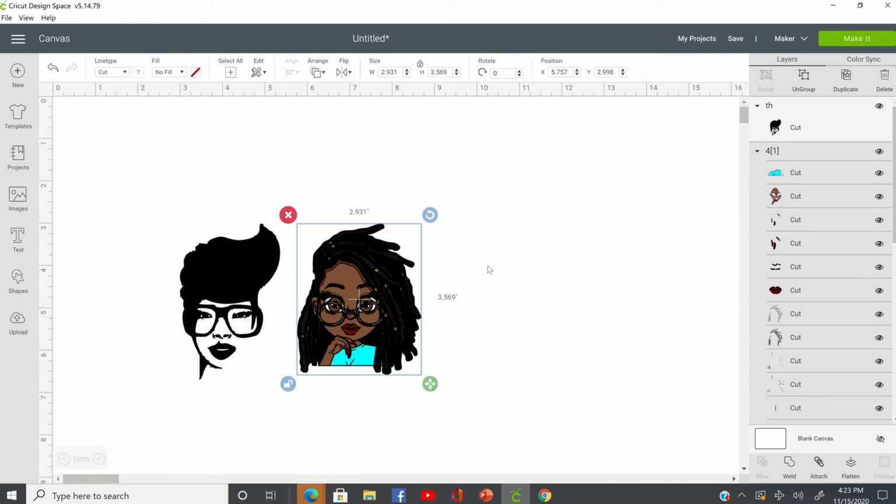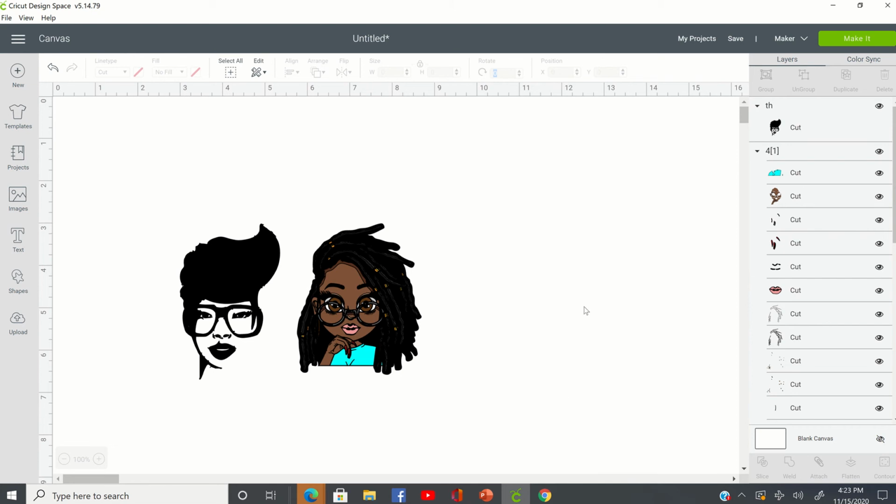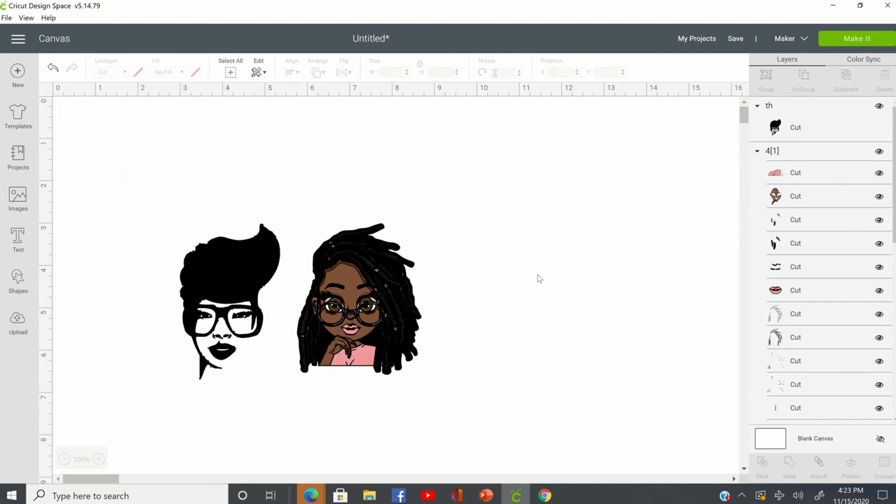All right, so if I wanted to go in and let's say I wanted to change the color of her lips, the lips are easy for me to identify. They're right here. So all I have to do is select the lips and then change the color to whatever color I wanted to make them. Okay, and let's say I wanted to make her shirt match. This is her shirt, and all I have to do is just go ahead and select the shirt and add that color. And the same thing, anything on this right-hand side, you can actually just click on it and change